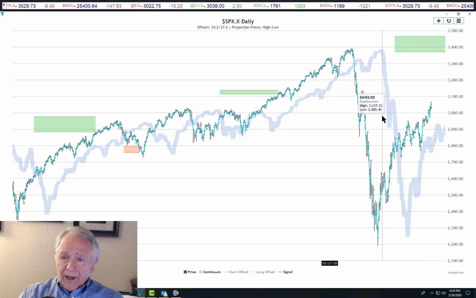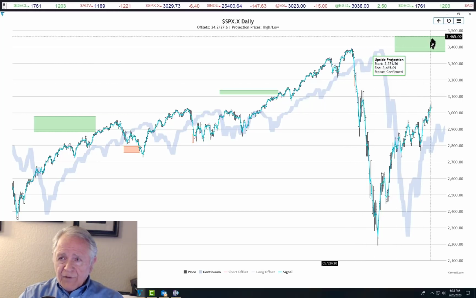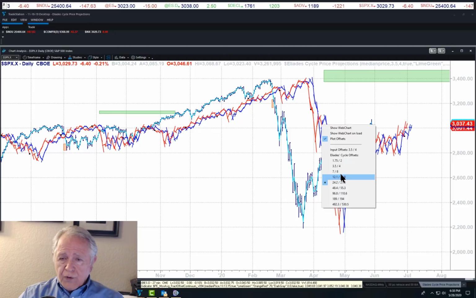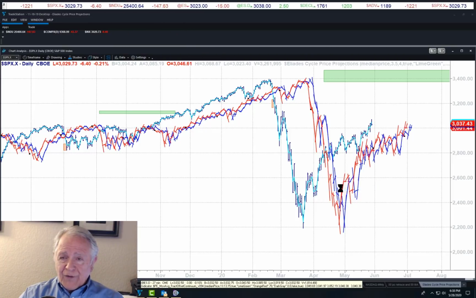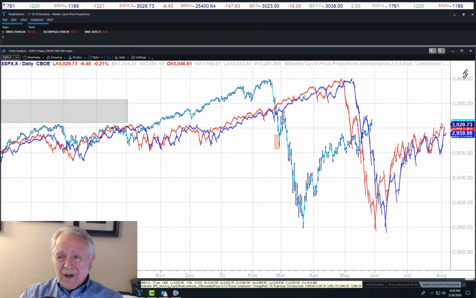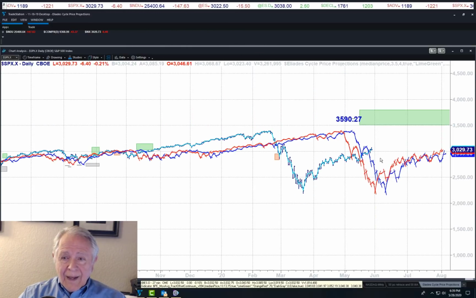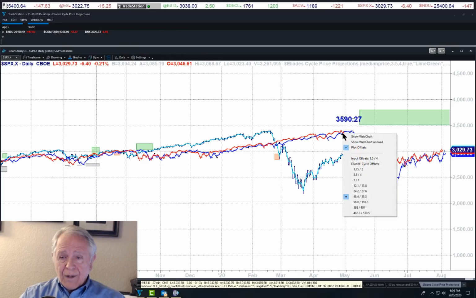So let's take a look at a couple of other offsets now that we have this chart up. For that, we have to go back to our regular chart right here. Okay, so if we go to 48.4 to 55.3, this one is off the chart. Do you believe this? Here is the nominal 20-week projection given by 10-week offsets. You saw what these offsets were, 48.4 to 55.3, okay?